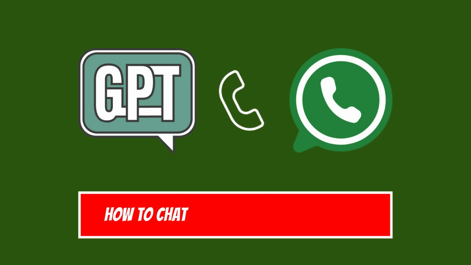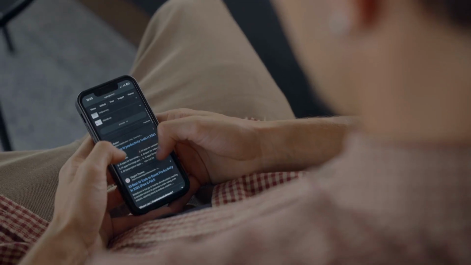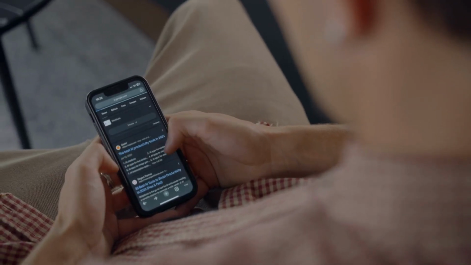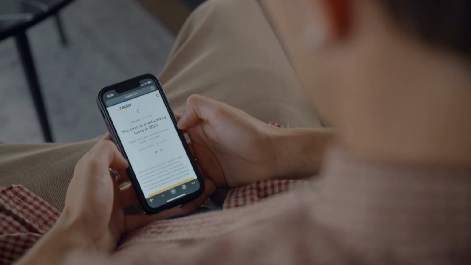How to chat with ChatGPT on WhatsApp. ChatGPT has now set up a phone number where people can chat with the AI system through text messages on